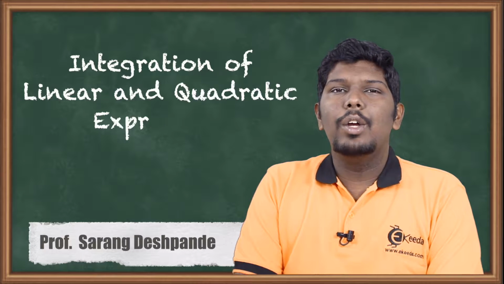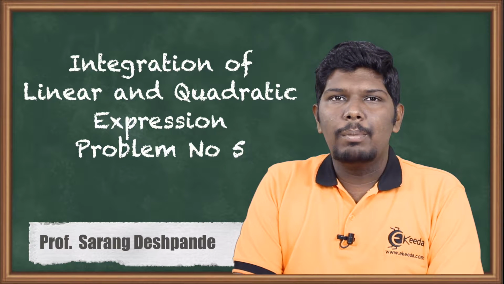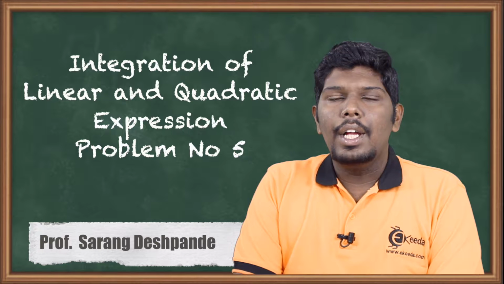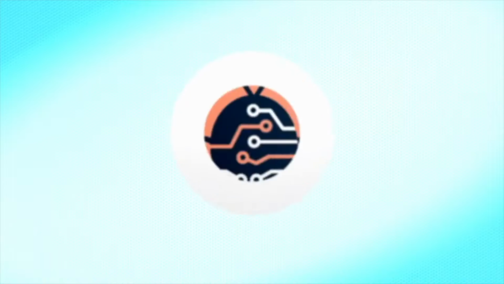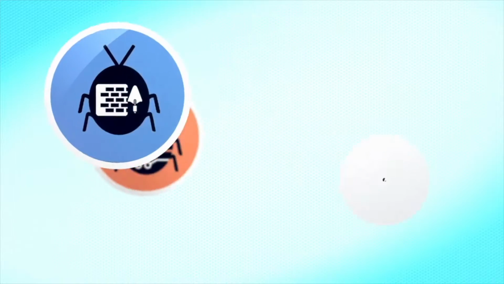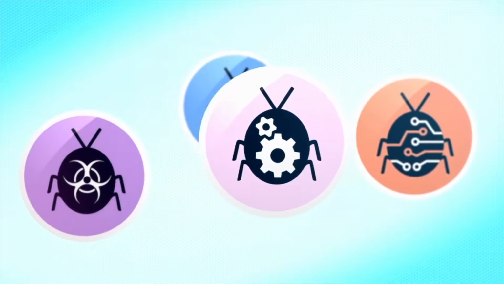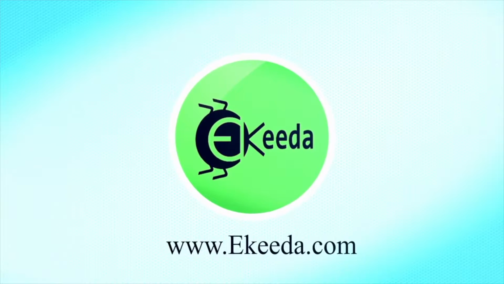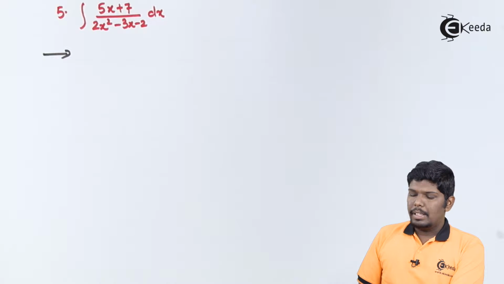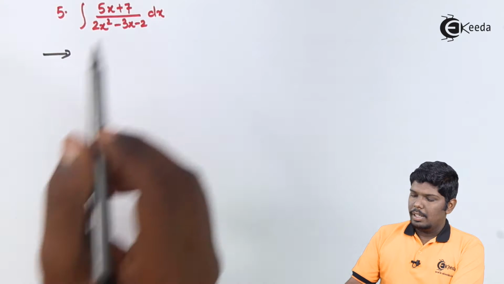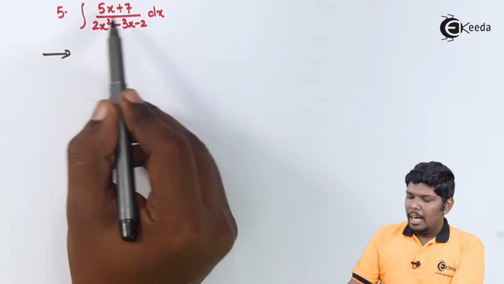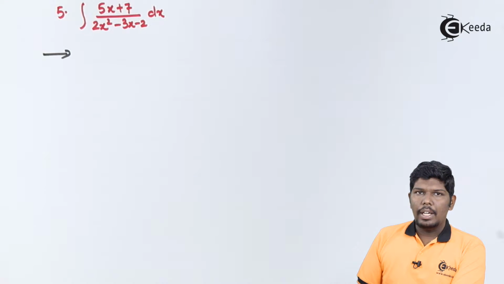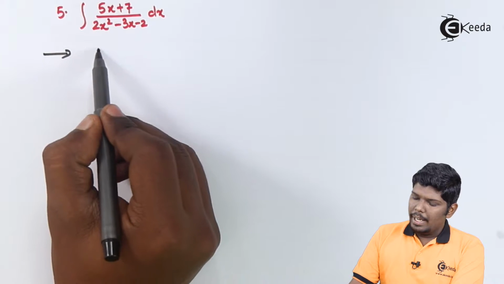Hello friends, in this video we are going to see one more problem on the integral of the form linear upon quadratic expression. Let us start with problem number 5. Integral 5x plus 7 upon 2x square minus 3x minus 2 dx. Here you can directly see the numerator is a pure linear equation and in the denominator we have a quadratic expression. Therefore, we can write numerator